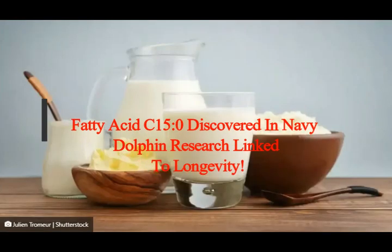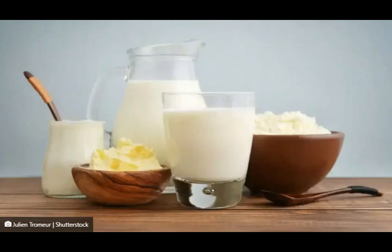Fatty acid C15 discovered in Navy dolphin research linked to longevity. Amasuti, Epoch Times reports, research shows that an odd chain saturated fatty acid, largely lacking in our diet for decades,